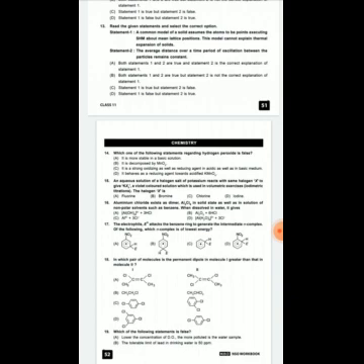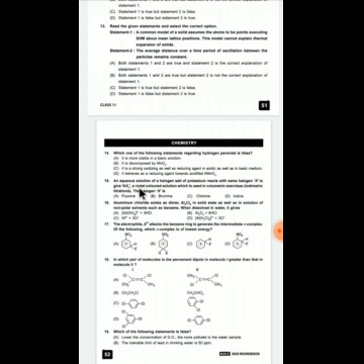So here option A will be the answer, because we know that hydrogen peroxide is not more stable in the basic solution. In the acidic solution, hydrogen peroxide is more stable. Okay, option A will be the answer.